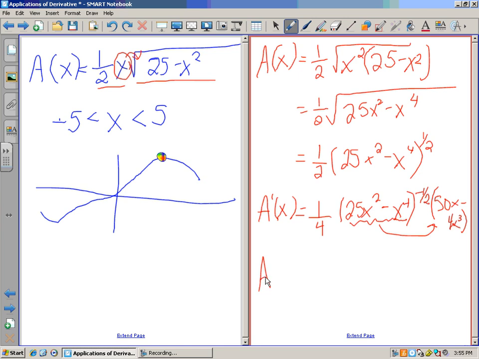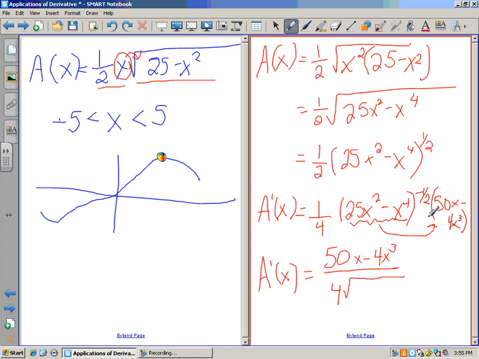My numerator is 50x minus 4x cubed. My denominator is 4, because of the 1/4,